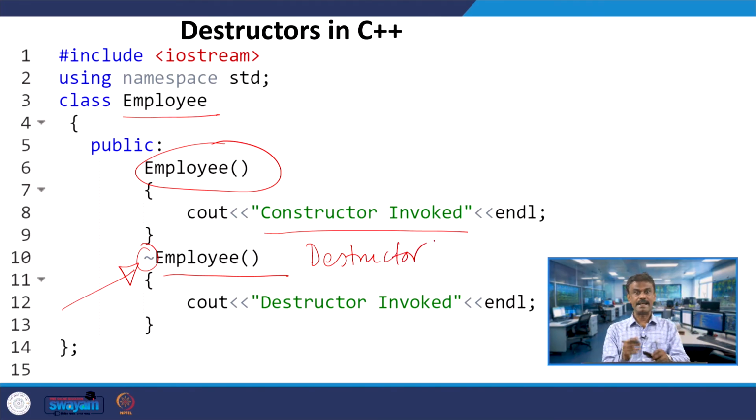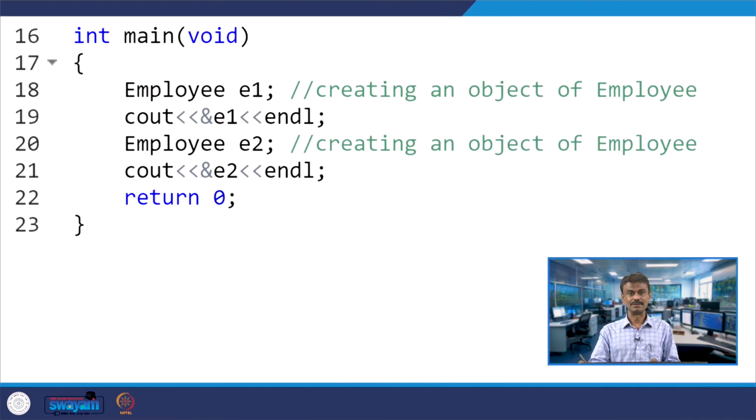When you are creating an object, you require the constructor for the memory, and then you have to destroy the memory. For that you require destructors. You might have used the new operator and delete operator in the case of arrays. The new operator is for allocating memory and the delete operator is for destroying, that is, deallocating the memory. So for the deallocation we have the destructors.